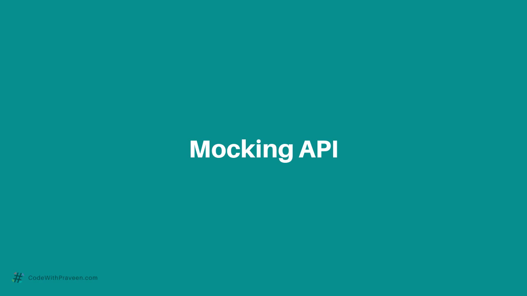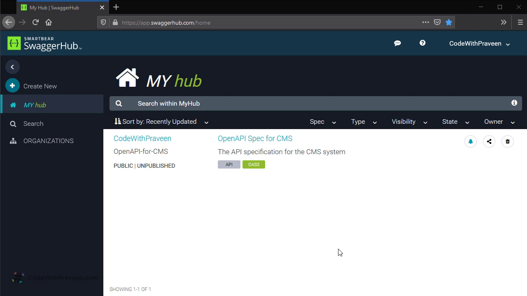In this lecture, you will learn how you can mock an API that you have created using Swagger Hub. Mocking refers to mocking the server so that you can execute your API against the mocked server. Using this, you can simulate the execution of your API although the server is not present. This is mainly used so that you can see how your API will execute against a virtual server. Swagger Hub supports creating the mockups for your API automatically to simulate the API call.